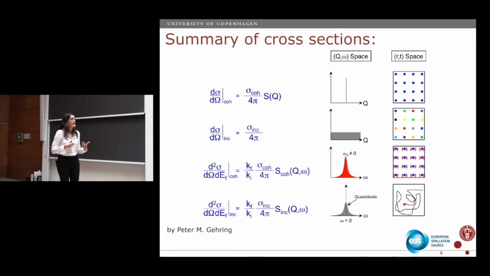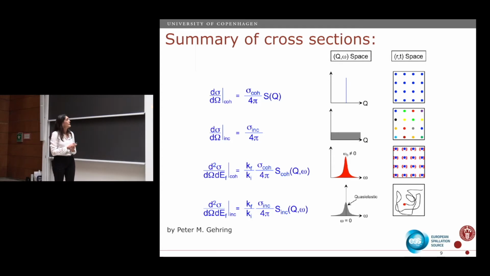Then, what does it mean again if I translate it in another way? What we measure here is that if I have something that is structured, so I have a structure where I have elements that are repeated periodically, I can find the same element in another position. So this will give rise to a Bragg reflection, and that is what I measure when I'm doing a diffraction experiment. And that is directly proportional to what we call the coherent cross-section.